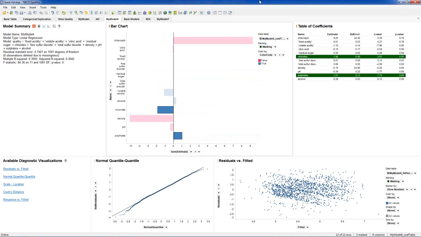Interesting thing on sulfates: for every 1 unit increase in sulfates, the quality also goes up by 1. And then say, well, why would that be? Well, sulfates is a preservative, and perhaps what's going on here is that the wine that has more of this preservative tends not to spoil as much. So the more of it, the less spoiled wine, and maybe that's the reason behind this correlation.